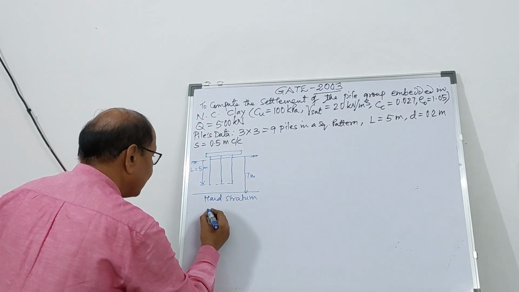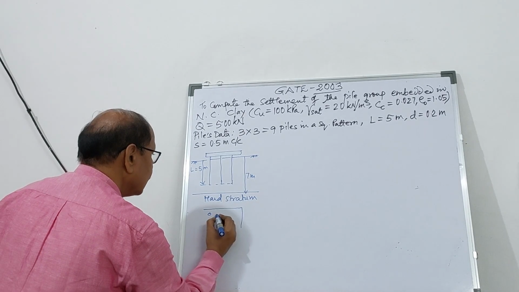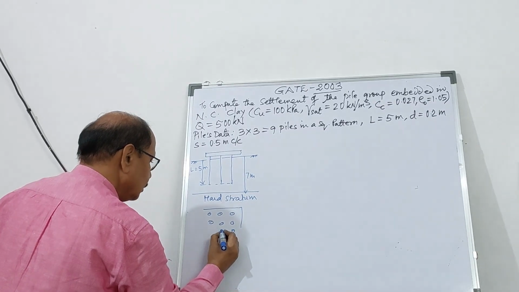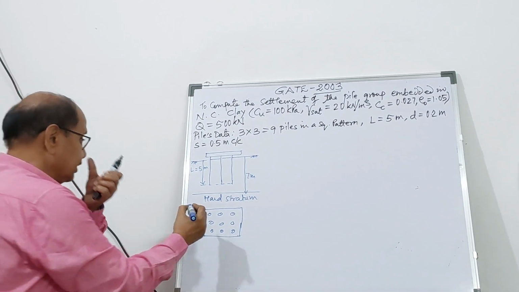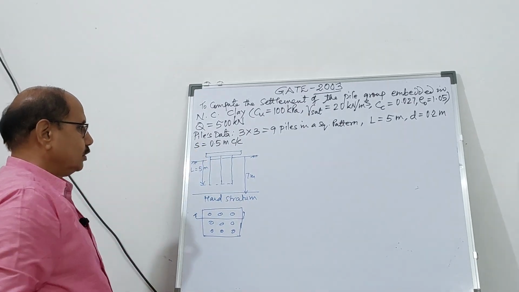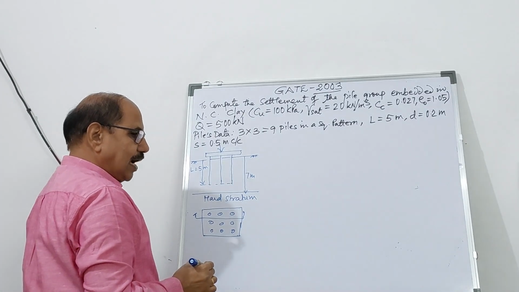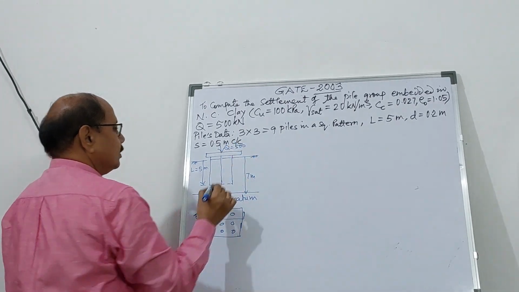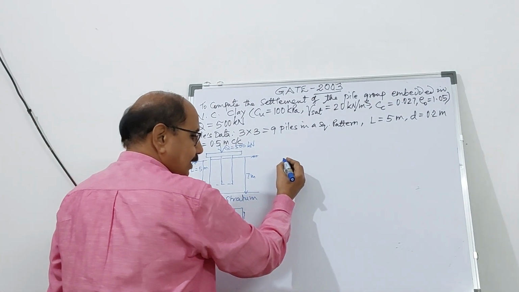So the number of piles, you can see 1, 2, 3. There is the pattern, 9 piles. There is the square pattern. This is the plan view, this is the sectional view. And the load that is being applied over this pile group is also given to you as Q equal to 500 kilonewton. So you need to calculate the settlement